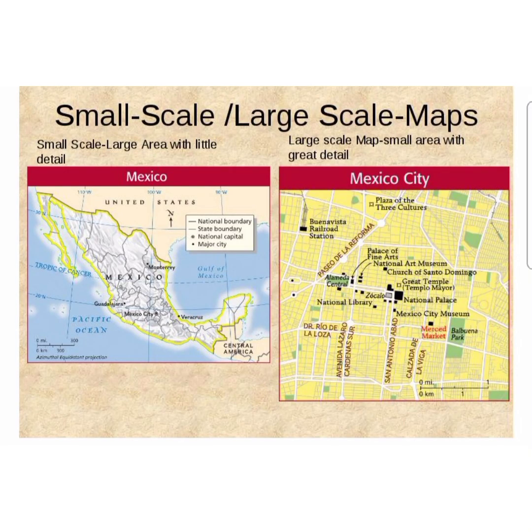A very simple definition: when a large area is shown on a small map, such a map is called a small scale map. For example, a map of a country or a state. And when a small area such as a village is shown on a map, such a map is called a large scale map. For example, a map of a neighborhood is another example of a large scale map.